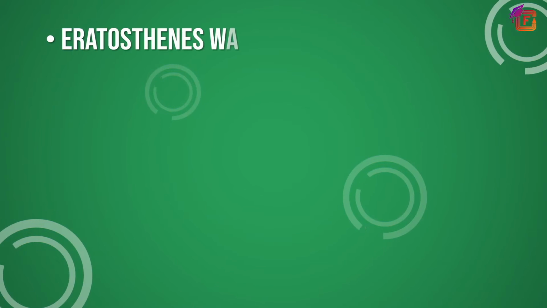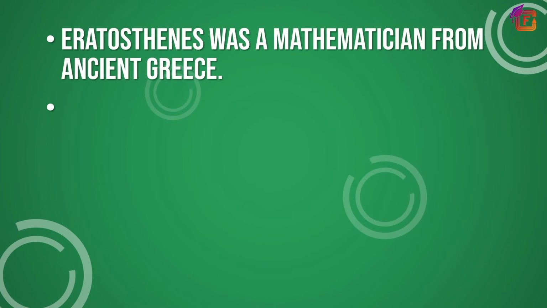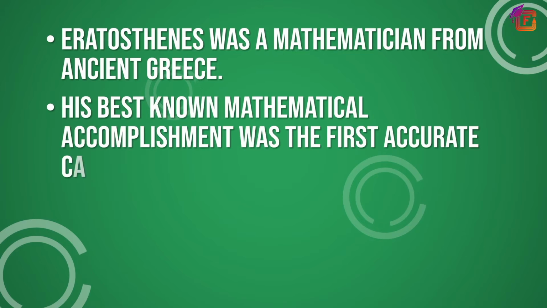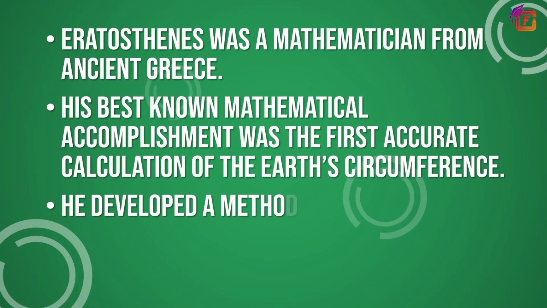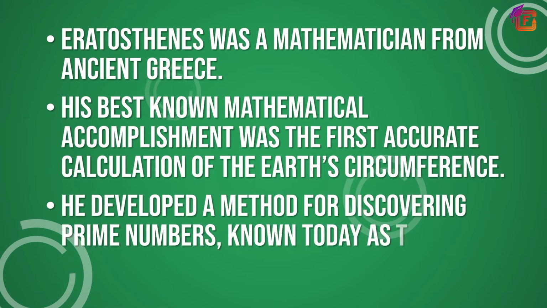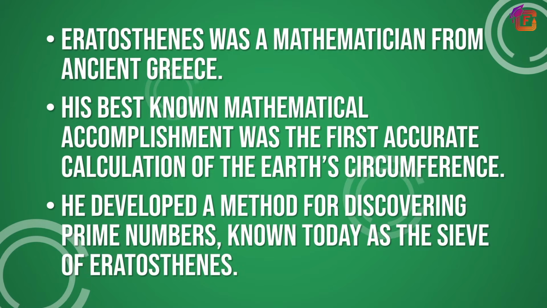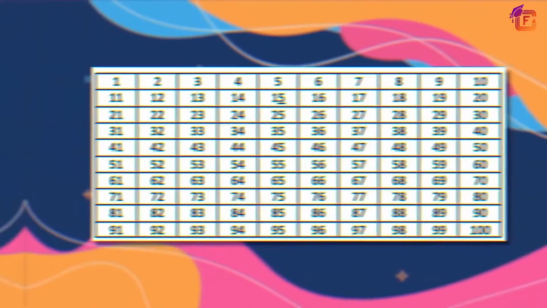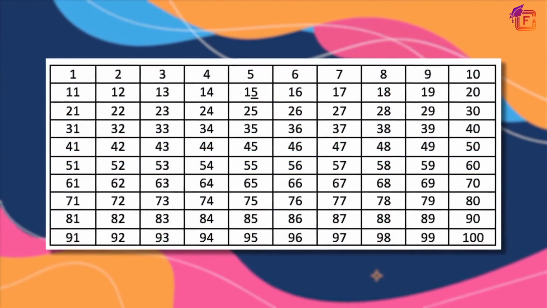So far, we have learned how to identify prime and composite numbers by counting the number of factors. But don't you think that this method can be tedious when we are dealing with large numbers? Yes, it is. Here comes the great mathematician Eratosthenes to our rescue. He is well known for calculating the Earth's circumference and for discovering a method of finding prime numbers, which is known as the sieve of Eratosthenes. Come on, learners, let us learn about this method.